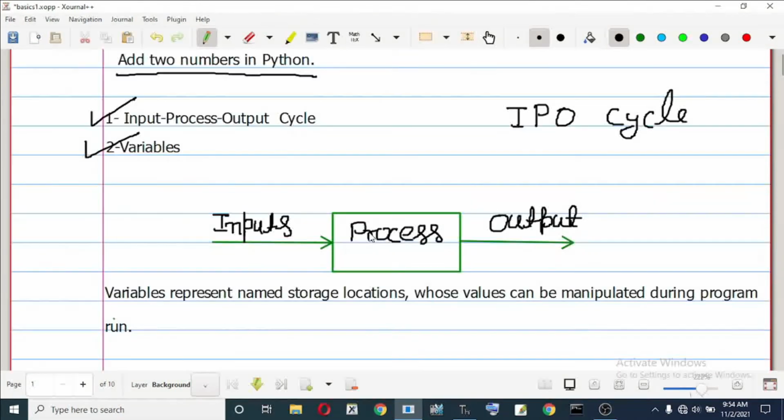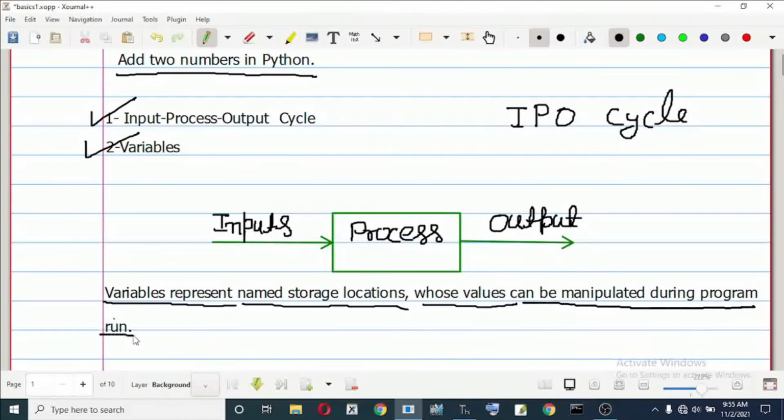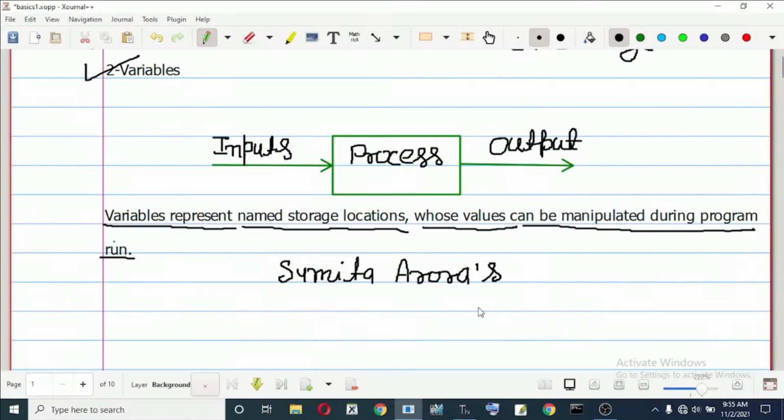Now to add two numbers you also need to know what variables are. Variables represent named storage locations whose values can be manipulated during program run, and this wording has been taken from Sumita Arora's book, Computer Science with Python.